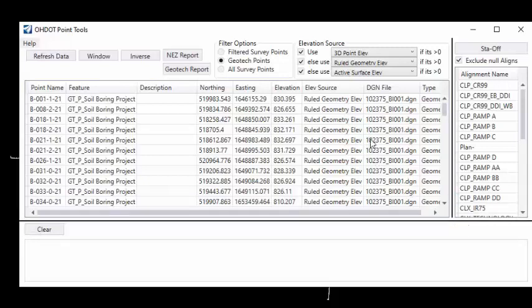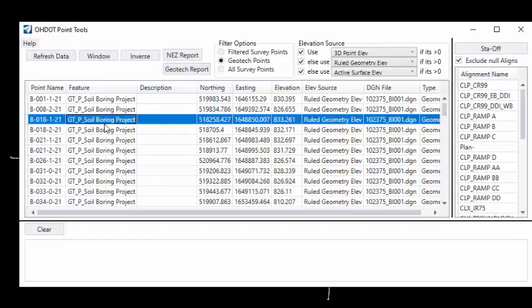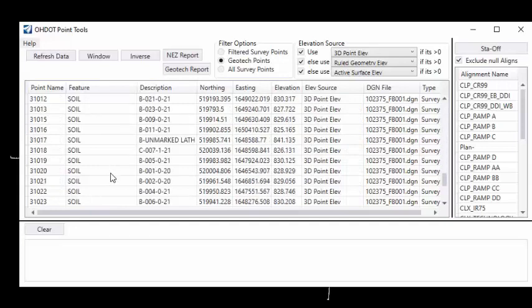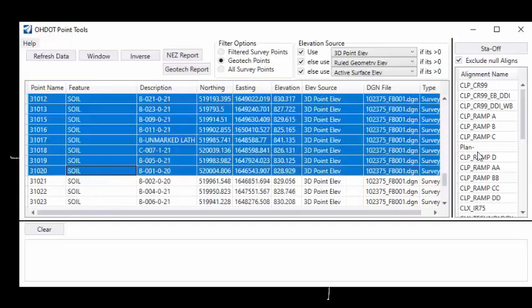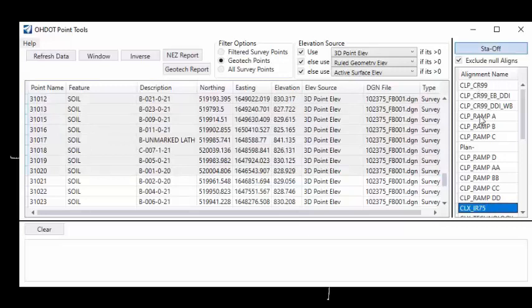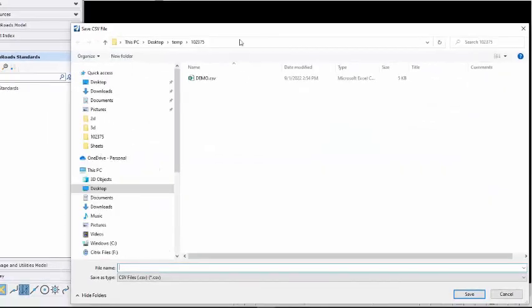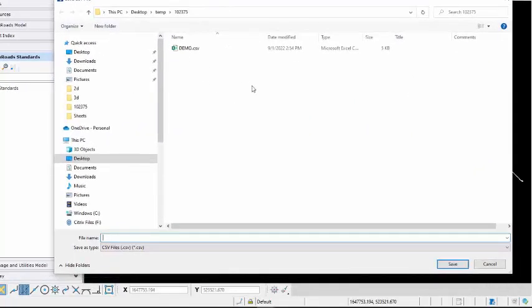Alright, and then the last button I've added was the geotech report. So the way you use this button is you're going to select the points that you want to include in your report, and then you're going to select what alignment you want to use to get the station offset values, and then you're going to hit this geotech report. Now if you're inside ProjectWise, it would bring up the ProjectWise Save As dialog. Since I'm not inside ProjectWise, I'm just getting the regular Windows dialog, so I'll just save over this demo, and it's going to create a CSV file,